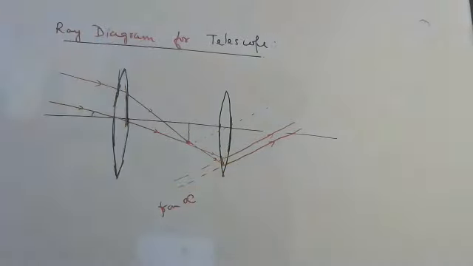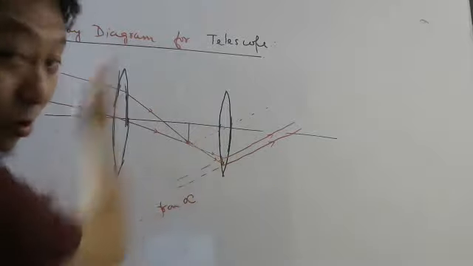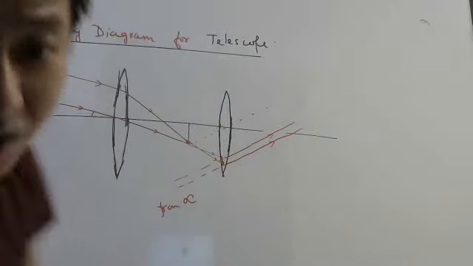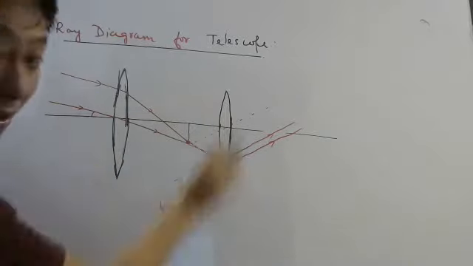Final image is, this is not the final image. This is the image made by the first one, but that also should be at infinity. The only difference, now you may be thinking, sir, the object is also at infinity, the final image is also at infinity, then how are we seeing the object as bigger? That is because by using this whole arrangement, if you look carefully, before, without the telescope, the rays were making this much angle. Let us call it alpha.